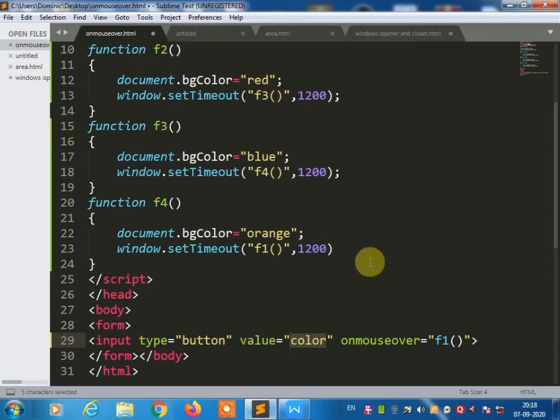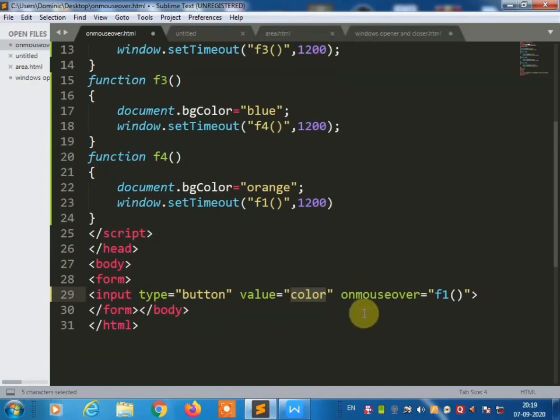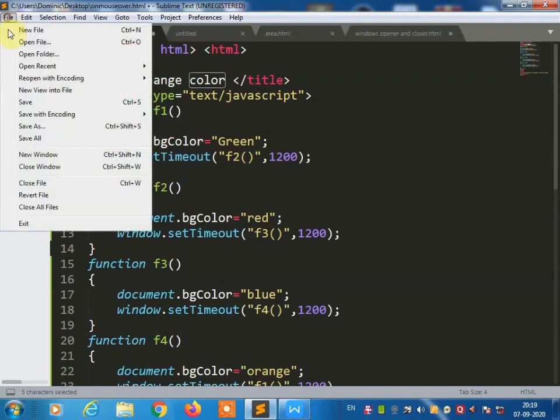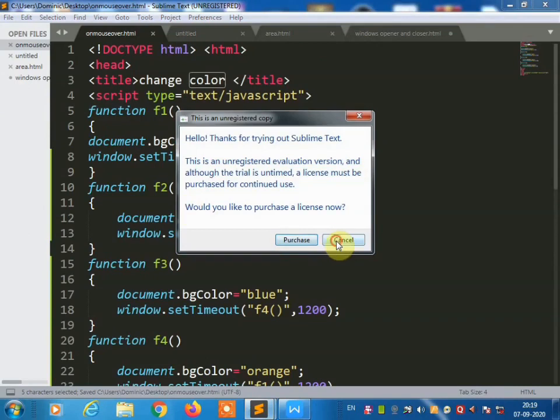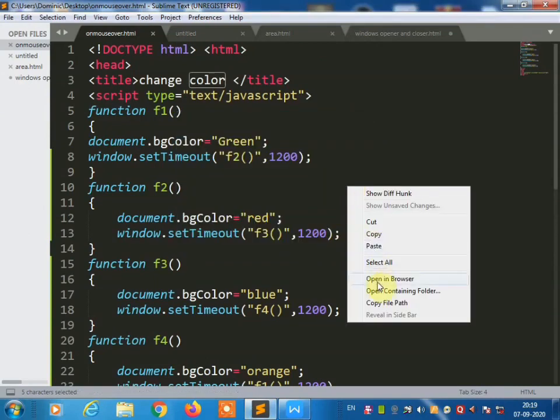We have decided to write a JavaScript program such that when the mouse is placed over the first button object without clicking, the color of the background of the page should change after every interval, and there should be at least 4 different and visibly distinct background colors excluding the default color. So we need an onmouseover event. So save this program, right click and open in the browser and check the output.